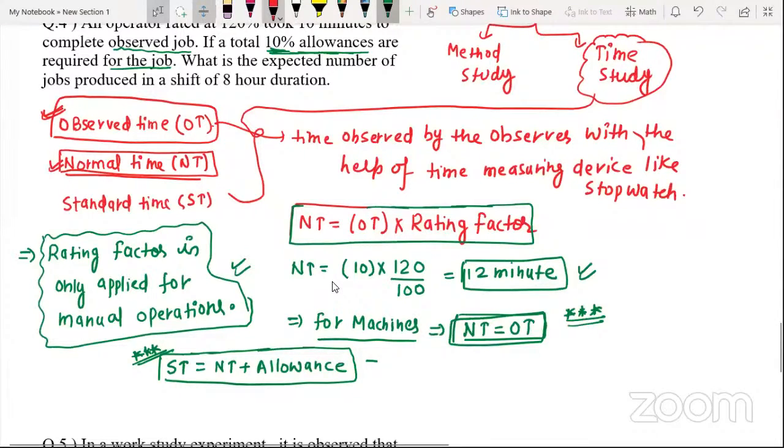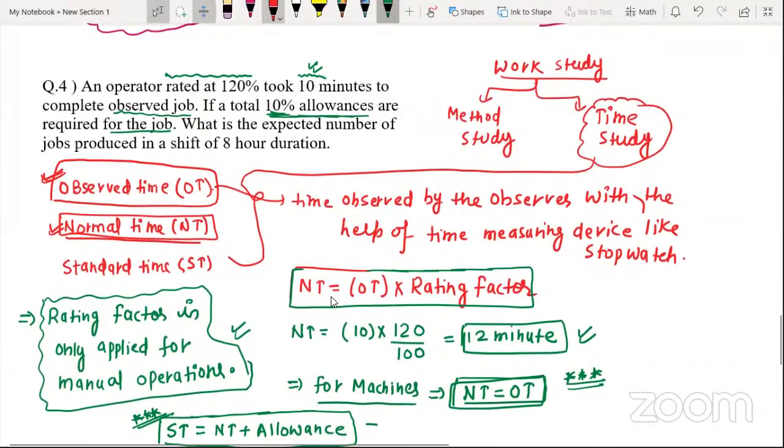Okay, the pen is not working. Some technical issue has come up, but you can calculate this. It was one of the last questions. So, in the work study,